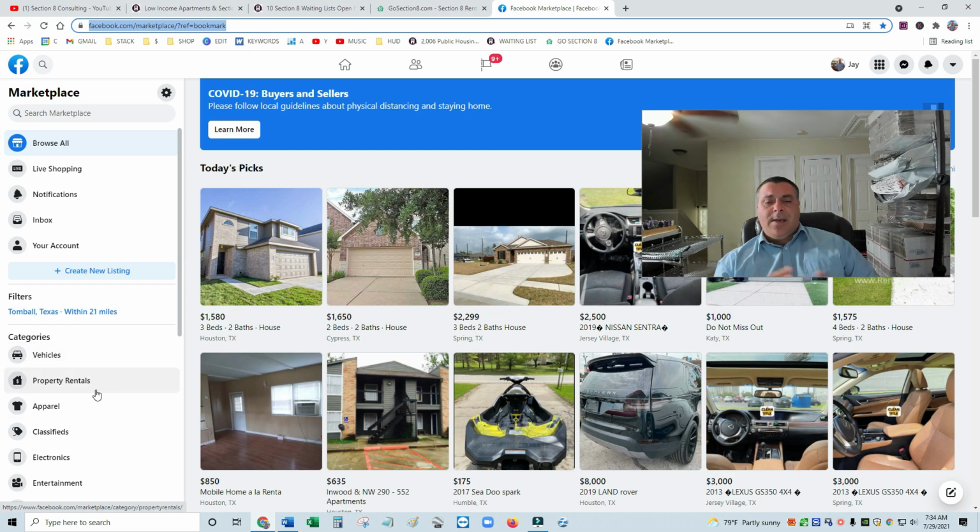Now look, these guys don't really identify themselves as Section 8 housing properties. But let me tell you something about the landlords on Facebook. A lot of them will accept your housing choice voucher. A lot of them. I've had so much success using Facebook property rentals, both to find tenants and also connecting to landlords, that I rank this number 2 under affordablehousing.online.com. This has been an exceptional resource.